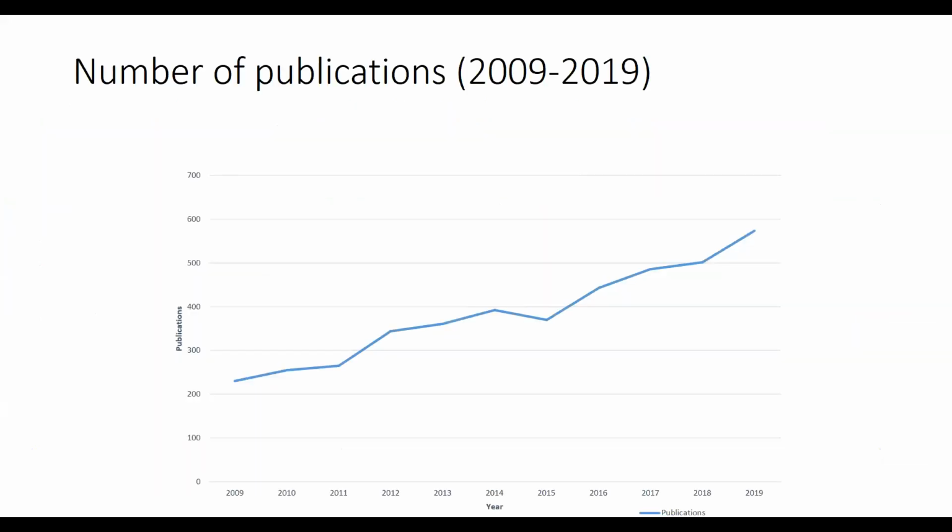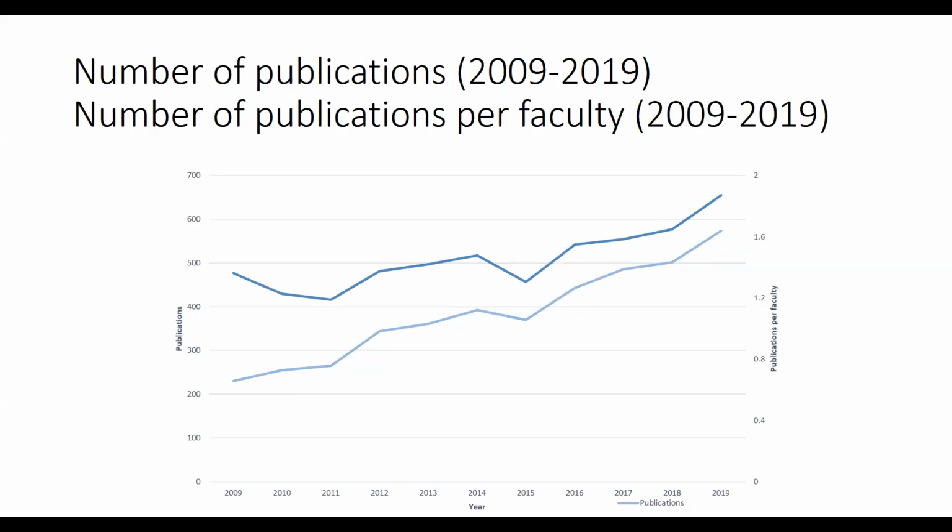When we tried to look at more recent numbers, actually today I asked the help of my colleague, Dr. Luqman Mahfou from the university libraries, and these are the numbers of publications from AUB faculty over the last 10 years. You will see that the numbers started at 230 in 2009, and last year we got to 574 publications, which is a 2.5-fold increase, so actually 150% increase in the number of publications. So I'm showing you these slides to illustrate the prominence that AUB has gained in terms of medical research publication over the last 10 years.